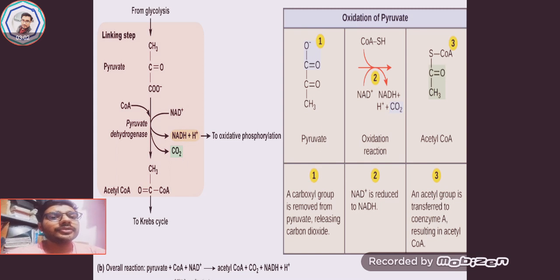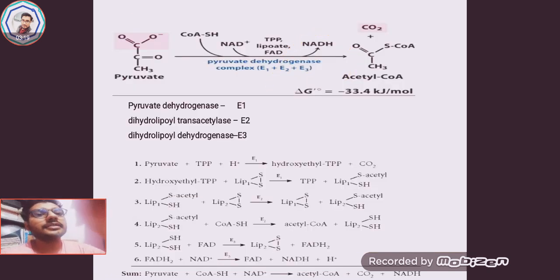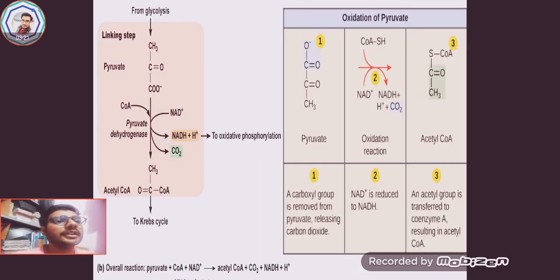And to do so, it follows some steps, in which step 1 is that a carboxyl group is removed from pyruvate and forms carbon dioxide. During this process, one molecule of NAD positive gets reduced to NADH,